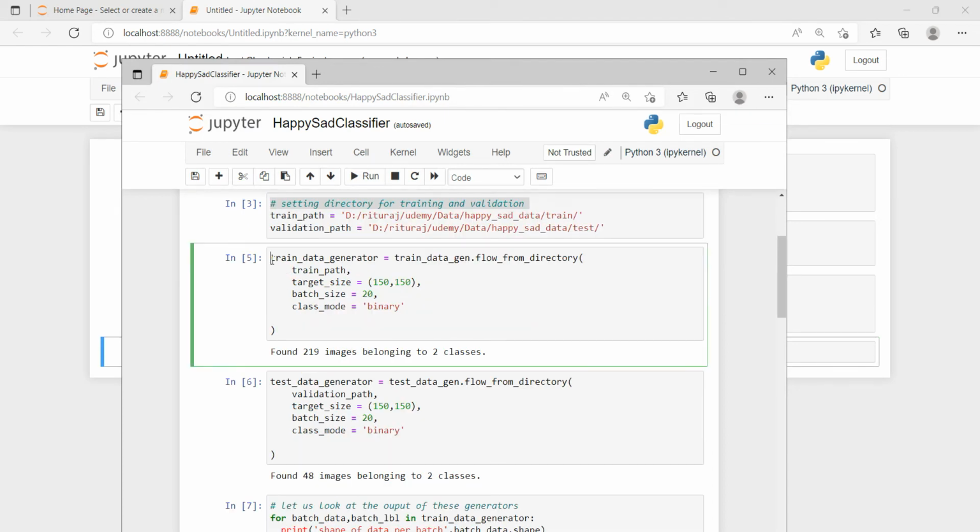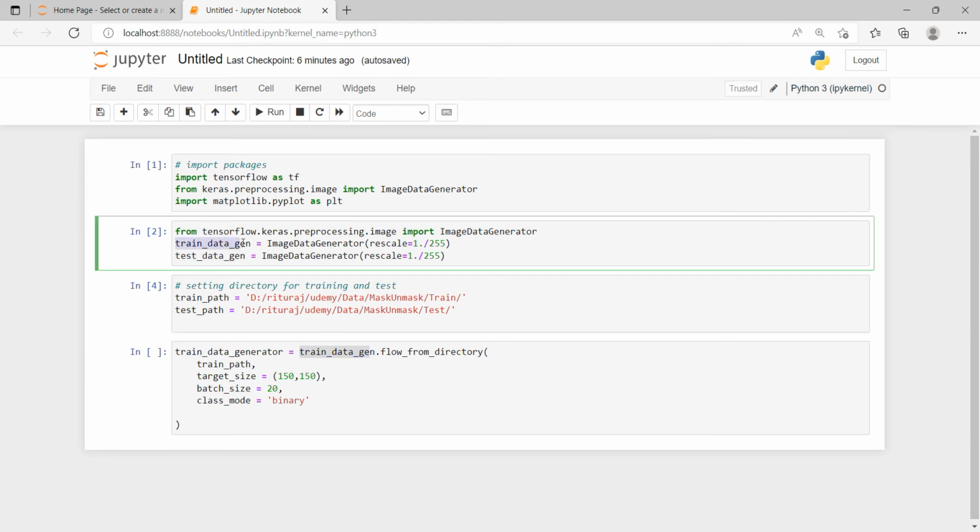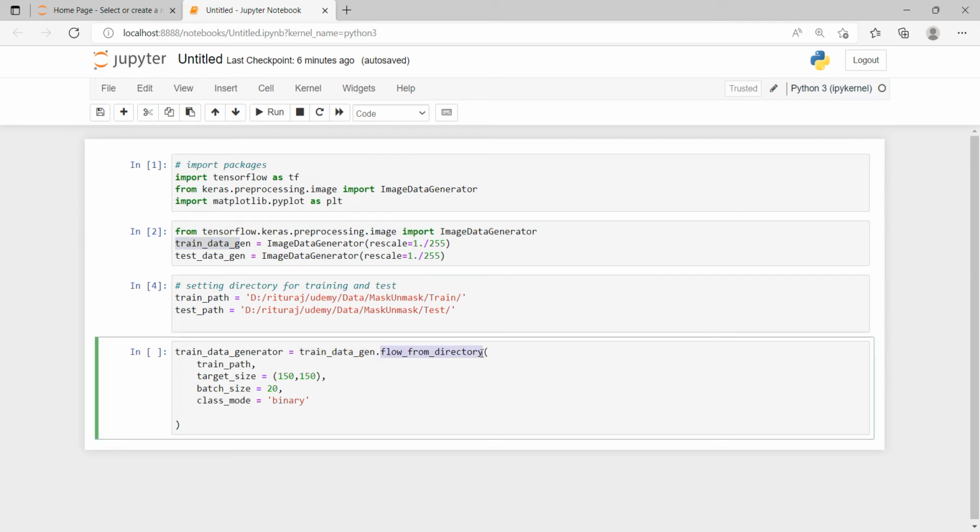So now we have to just run the data generator, which is going to work as a data pre-processing step, which we have implemented to prepare our images into normalized data values, pixels into normalized values. Whenever we have an image, it is passed through train_data_generator. So train_data_generator will first rescale or normalize it, and then we use flow_from_directory, which is a function to take the data values from the directory,